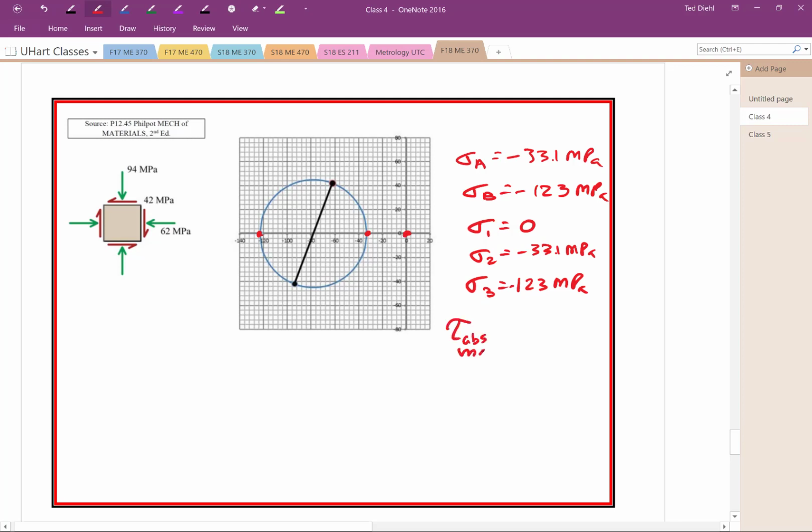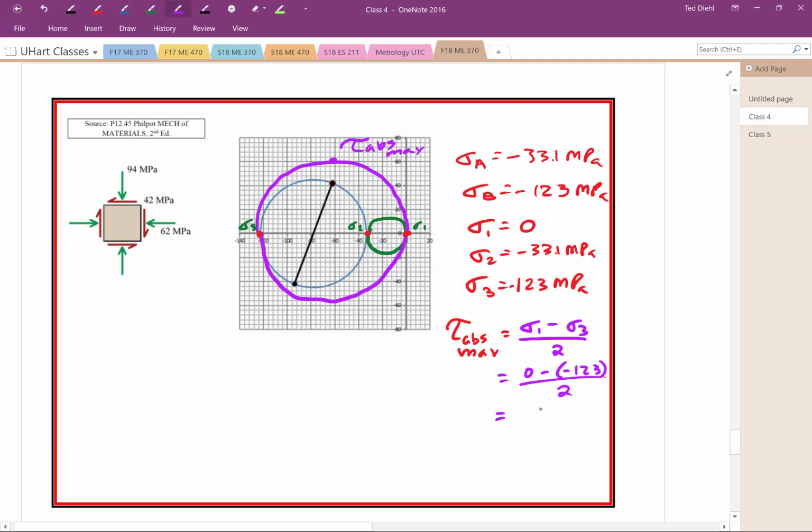And therefore tau absolute max, right? Let me draw those first before I finish that thought. So now we're going to have a Mohr circle that encapsulates sigma 1 and sigma 2. And here's sigma 3. And then we're also going to have a big Mohr circle. And right here is going to be the tau abs max, absolute maximum. And that's going to be sigma 1 minus sigma 3 divided by 2. But of course we have 0 minus 123 over 2. So we end up with